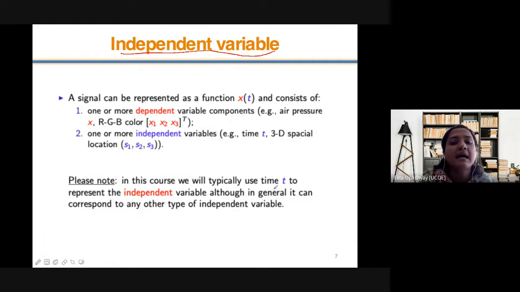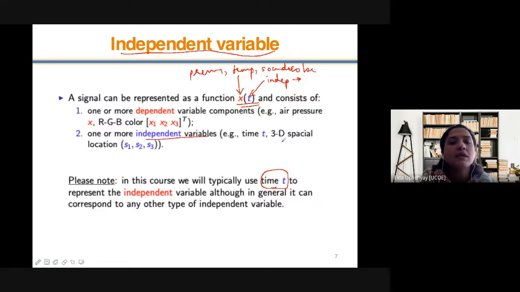Generally we use time as an independent variable. A signal can be represented as a function x of t, and it consists of one or more dependent variable components. ये x जो है ये dependent है, और ये t जो है ये Independent है. So x could be pressure, could be temperature, could be my sound signal. Color, yes, could be color, RGB color value. Got it? And the independent variable is time,